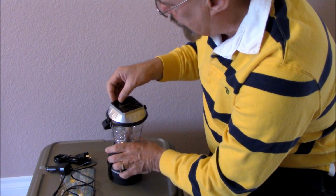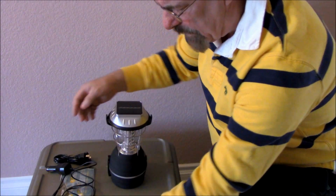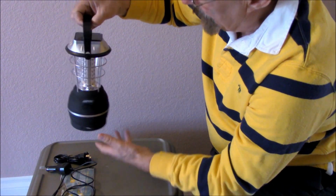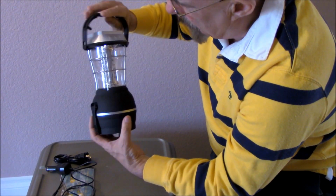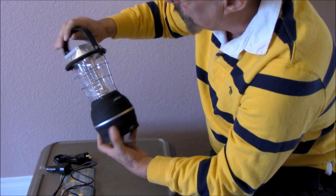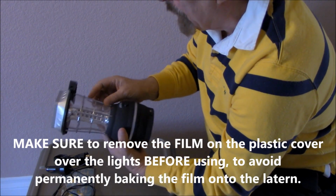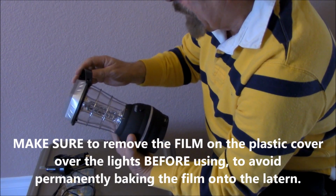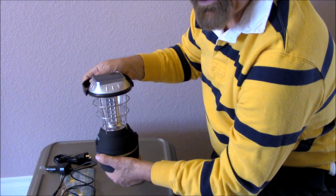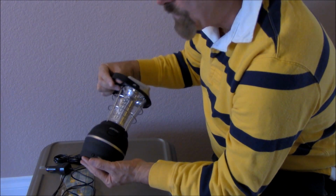It's got some protective screening on it, which I'm going to take off. And then what I'm going to do is we're going to test this right away to see if it works. A little place where you can hang it. This is all plastic, is the only drawback. But at $23 on Amazon, which includes free shipping if you're a Prime member, it's a pretty good deal. So why don't we go out and try and test it, and let's put it in the sun, and then tonight we'll test and see how much light this really gives off,